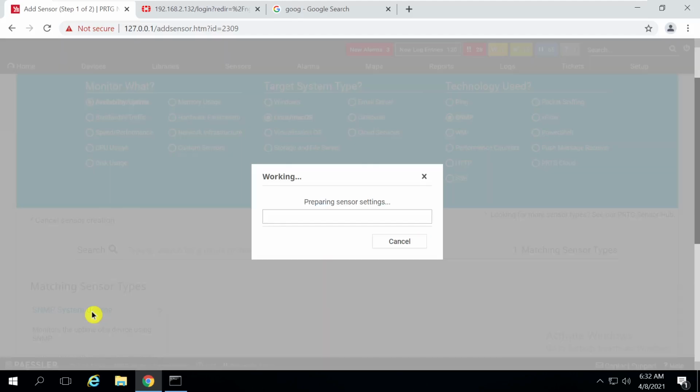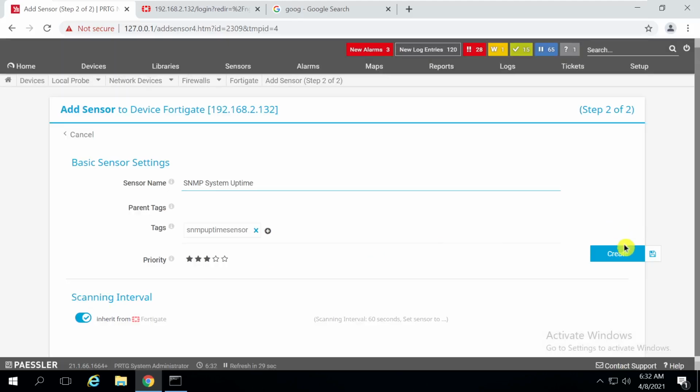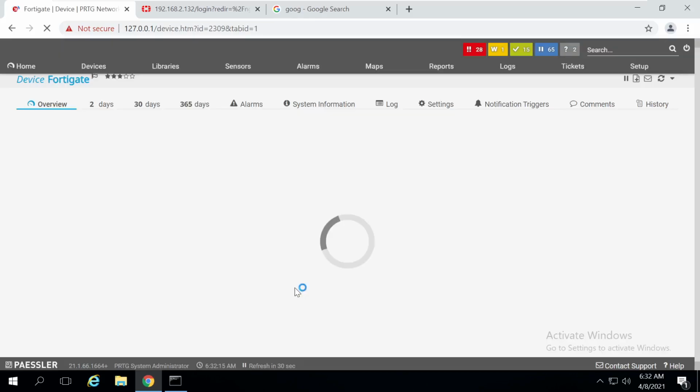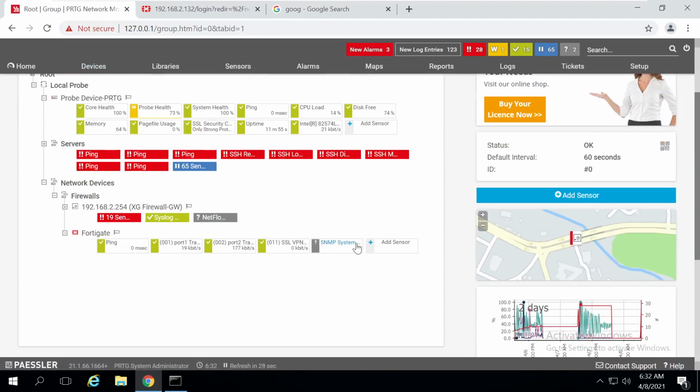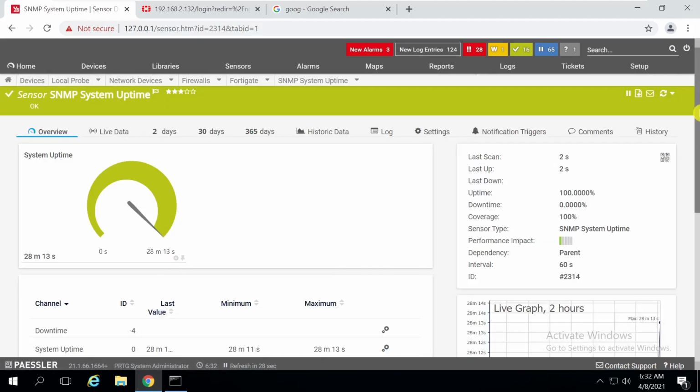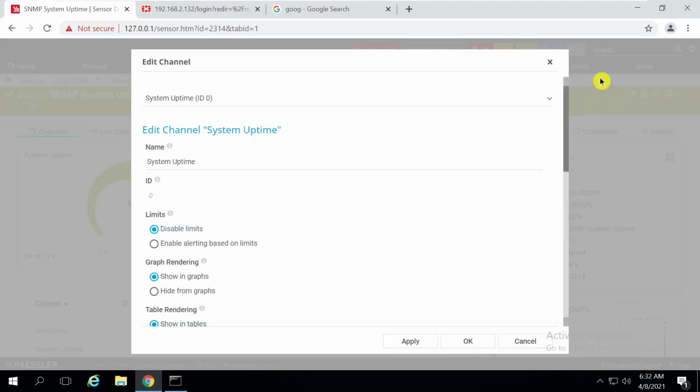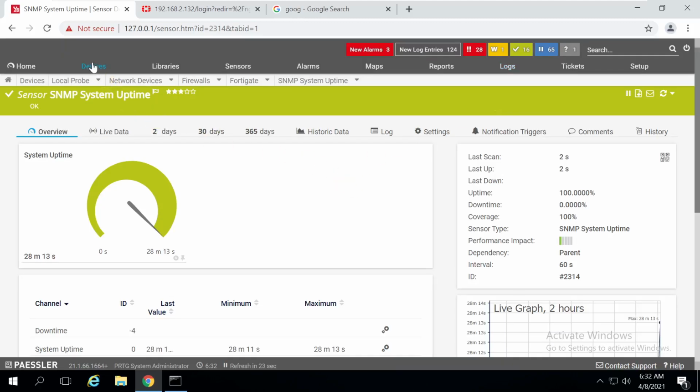You can see the SNMP system uptime sensor you can use. You can see my firewall is up and running for 28 minutes. Okay, you can see that also.